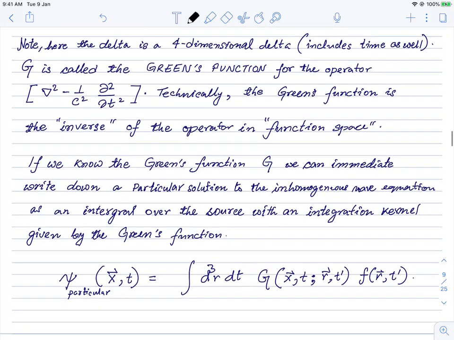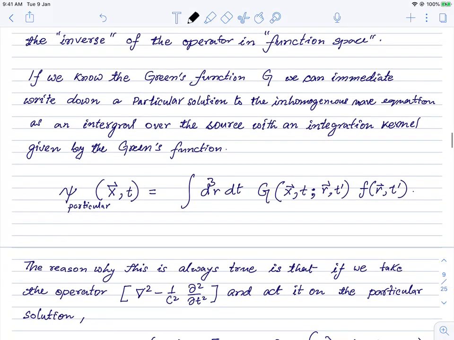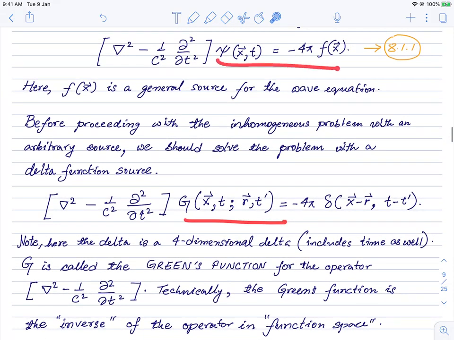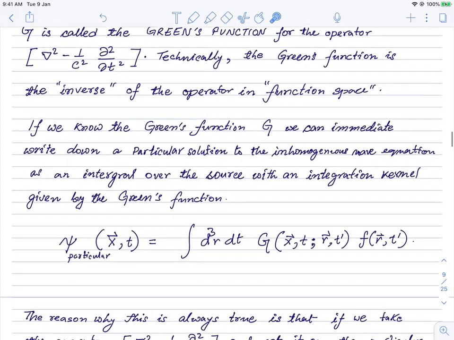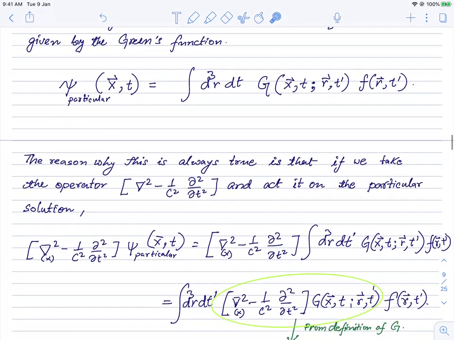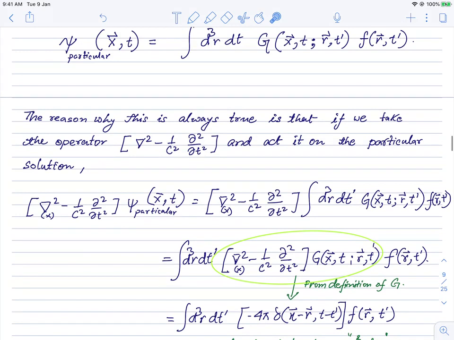So more explicitly, this step can be shown in the following way. If we know what this G is, we can immediately write down a particular solution for this equation. That is given in terms of this integral, where we integrate the source with the kernel, which is G. So why does that give us a particular solution? Because if we now take this operator, this wave equation operator, Laplacian minus time derivative, and act it on this psi,